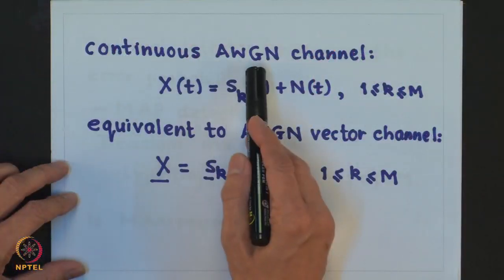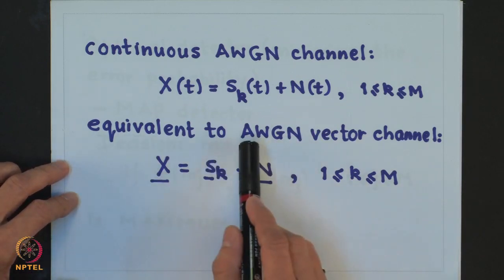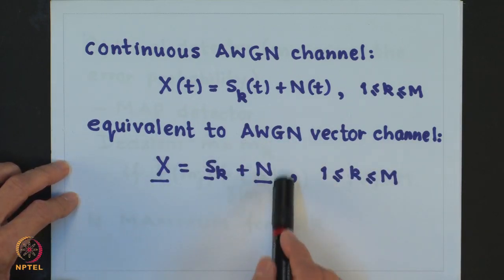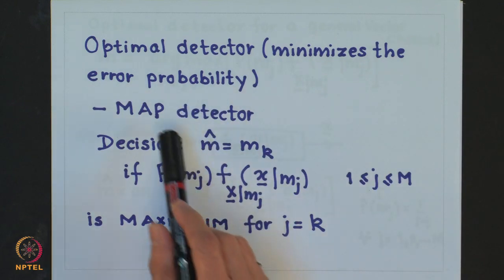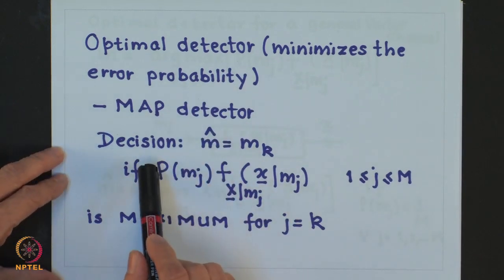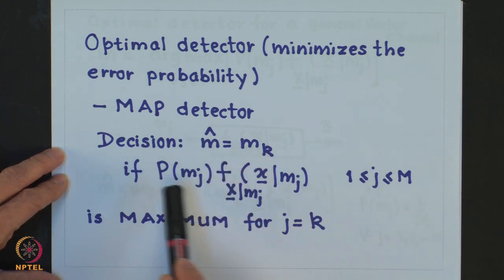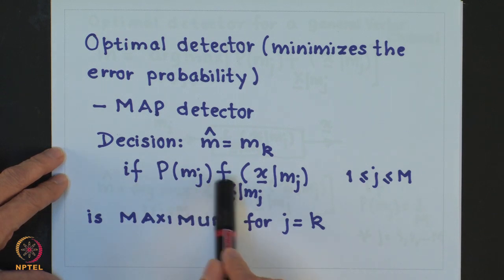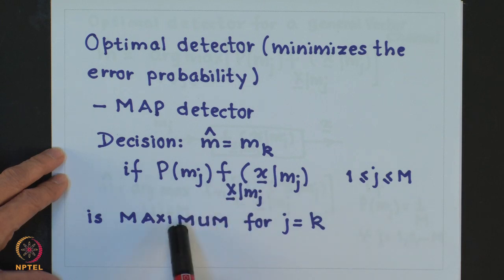So, quickly to recapitulate, let us see what we have done. We have a continuous AWGN channel of this form, and we showed that it is equivalent to an AWGN vector channel of this form. And then the optimal detector, which minimizes the error probability, turns out to be the MAP detector, and the decision rule is that the decision will be equal to m_k if the probability of the message m_j multiplied by the conditional PDF